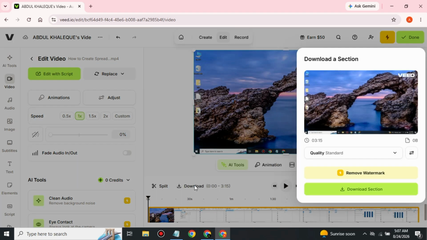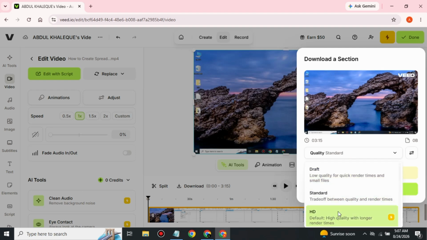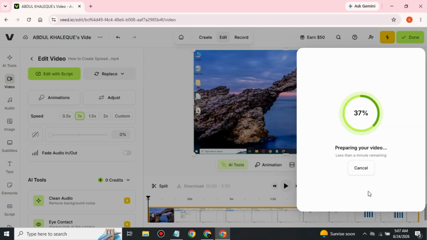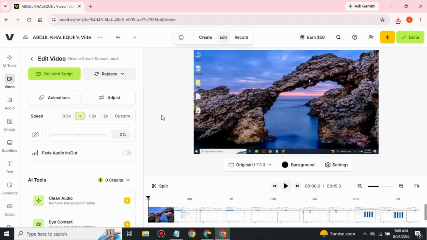Keep in mind that export quality and watermark options can depend on your VEED plan, and that's how to use VEED.io for beginners. Sign up, create a project, upload your media, make basic edits, add subtitles and audio improvements, and export your finished video. Once you understand these basic tools, you can start exploring templates, AI features, screen recording, and more